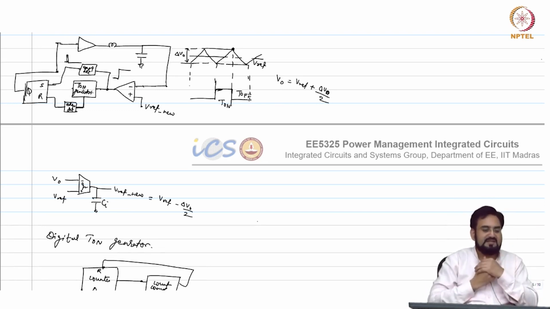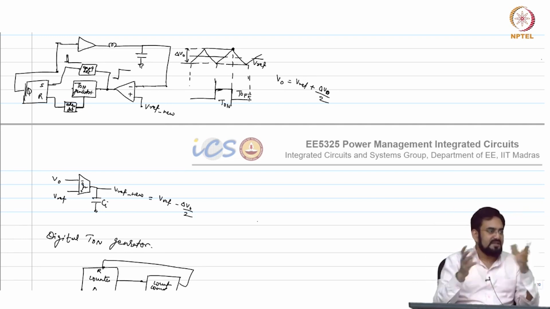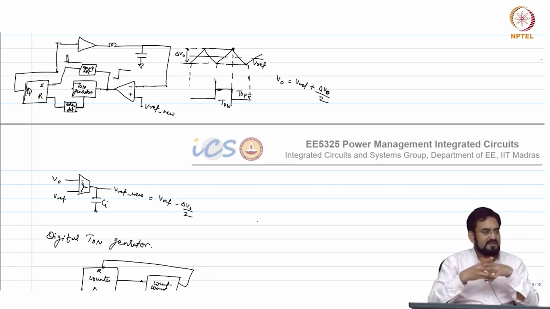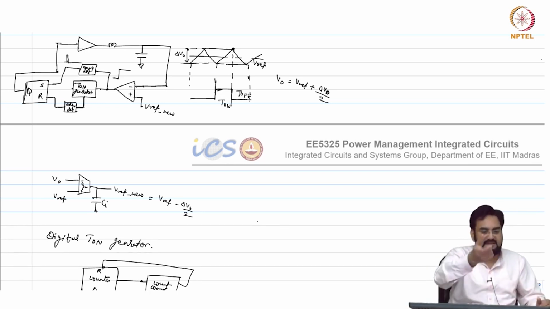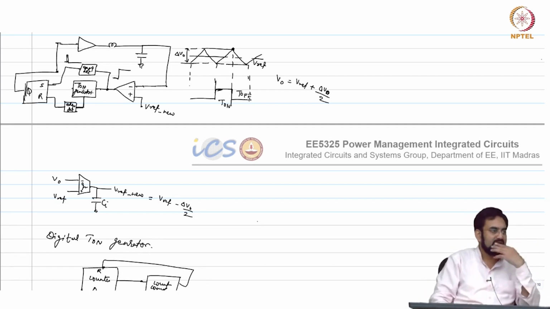But usually you do not make that hysteretic window very low, because you want to make sure that your ramp amplitude is much higher compared to your output voltage ripple, correct? Otherwise you may again see the same problem, instability. We talked about the two components, in phase and out of phase. You want your in phase component to dominate, not the 90-degree out of phase, which is your output ripple. So I cannot make my hysteretic window 10 millivolt, otherwise I will again have the same problem. Usually you make this hysteretic window 50 millivolt or higher.